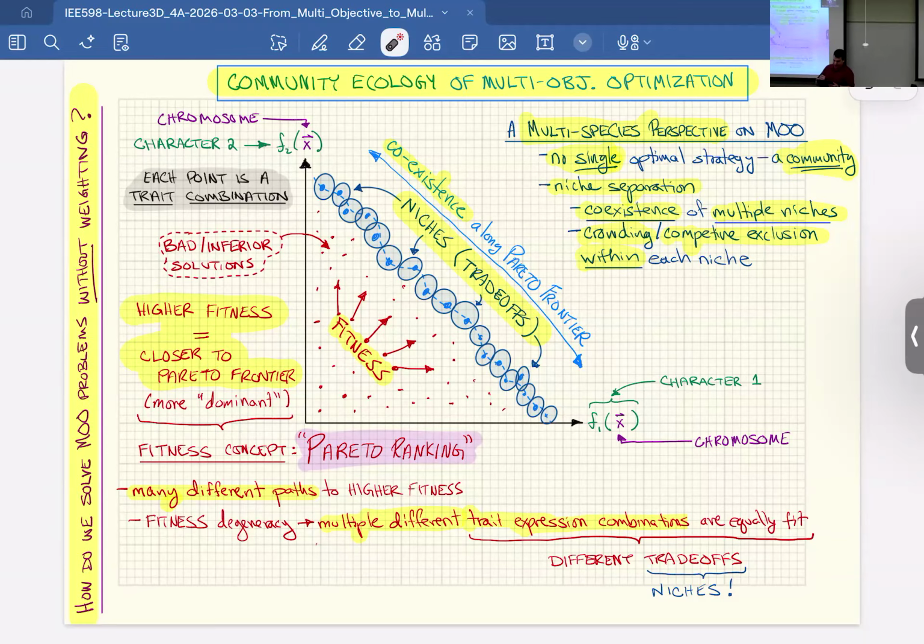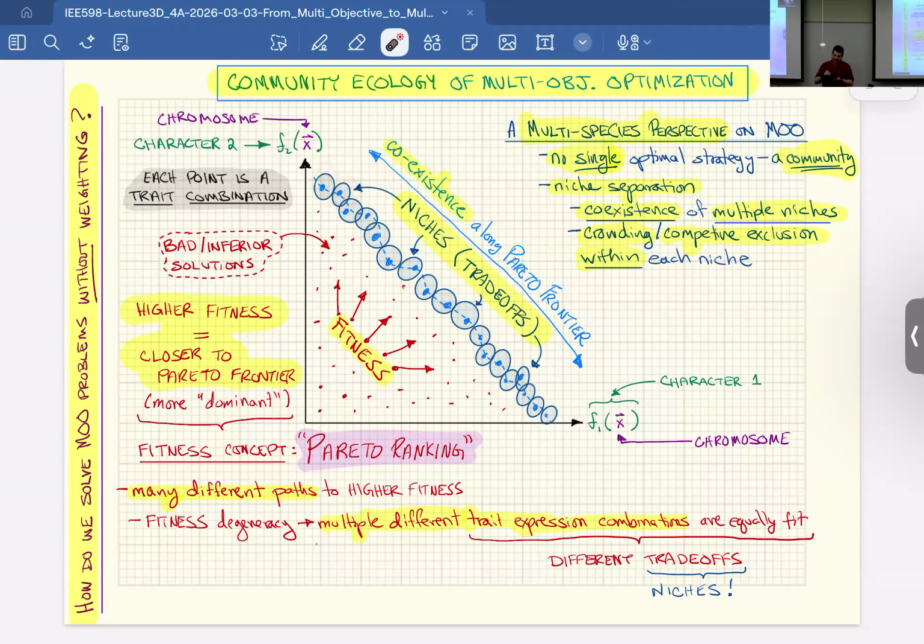So I think it's probably bad to sell optimization in high schools as a way to find a single best solution by setting a derivative equal to 0. You also don't want to market natural selection as looking for the one true best body plan or something like that. Natural selection is about finding different ways to achieve reproductive success. And those different ways are these so-called niches.